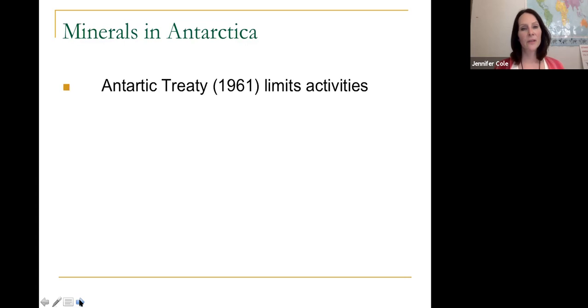Antarctica is considered a place of vast mineral resource wealth. We had a treaty put in place that's being hotly debated and trying to be repealed in the early 60s. Much of what we know about the natural resources and geology of Antarctica comes from what we know about South Africa, South America, Australia. When Gondwana, so all the continents were together, the same processes were acting on these continents. And then as they moved apart, they're now in different geographic regions, but their geologic underpinnings are the same,